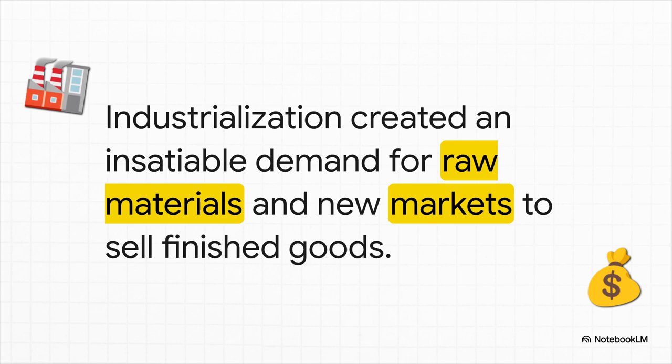Let's be real, at its heart, the main driver was economic. The Second Industrial Revolution was an absolute beast, and it was always hungry. It needed insane amounts of raw materials. We're talking rubber from the Congo, cotton from Egypt, palm oil from West Africa, just to keep the factories running. And once those factories churned out all those finished goods, well, they needed new places to sell them. Empire was the perfect, if incredibly brutal, solution to both of these problems.